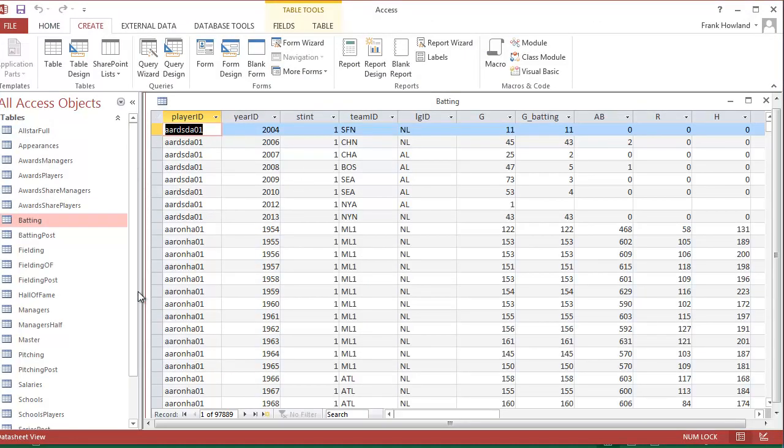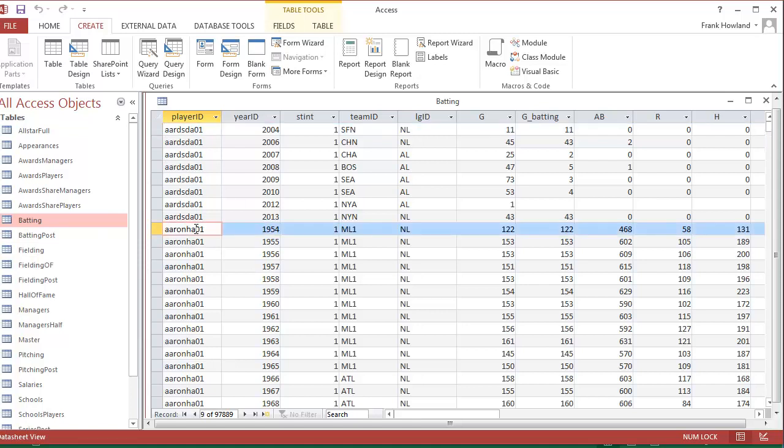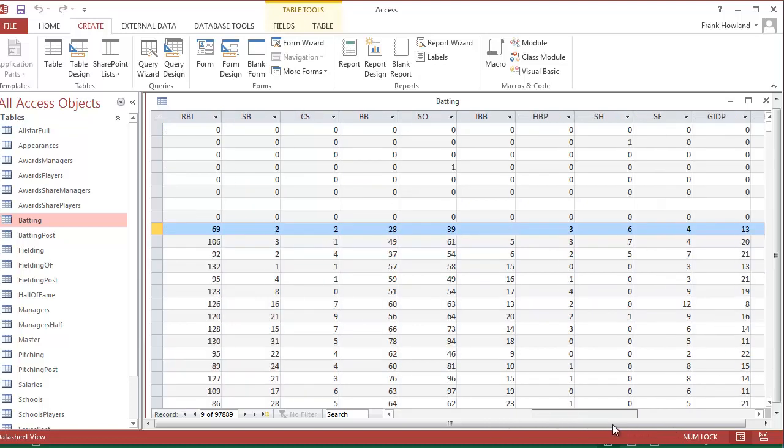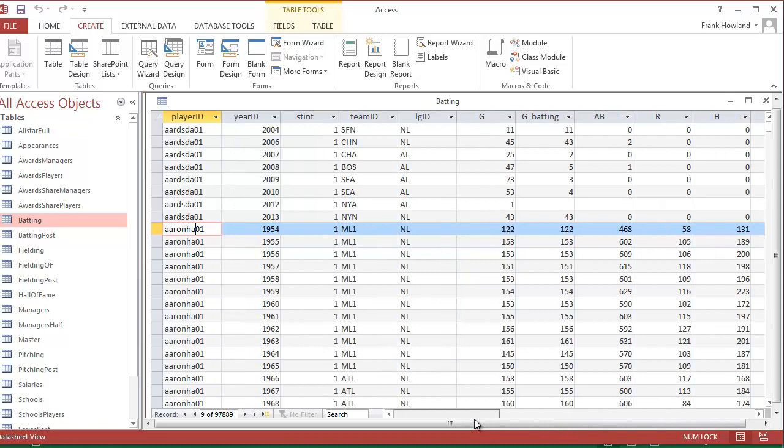database. First thing to note is that there are a whole bunch of different tables. I'm looking at the batting table, but there are several others. Let's look at batting for a moment. Player ID is the crucial one, and so here, Hank Aaron, first year in Major League Baseball, 1954. He was playing for Milwaukee, 122 games, etc. So there's a whole bunch of statistics on Hank Aaron, and our challenge is to create lifetime statistics